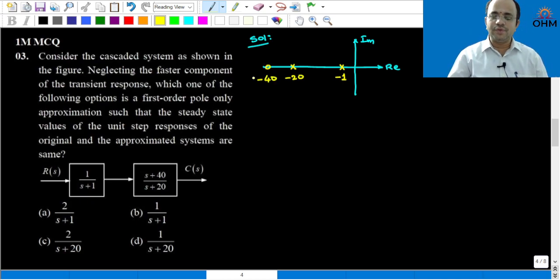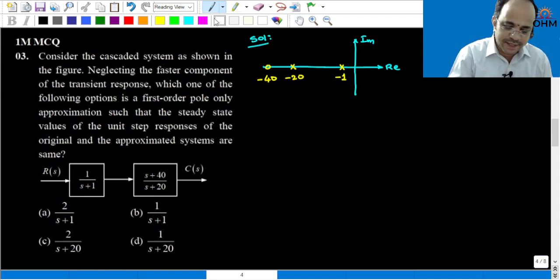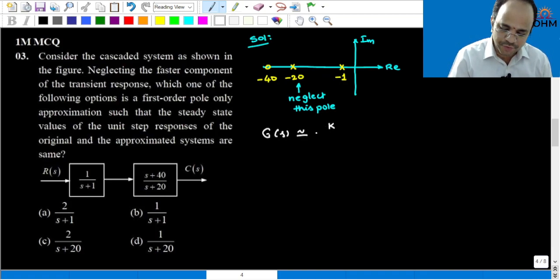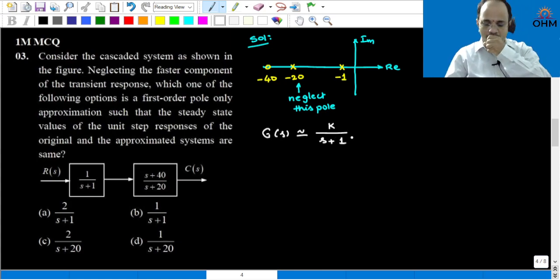This is the pole-zero diagram. Now in this case, a pole that is much deeper into the left-hand side of the S plane, neglect this pole. Okay, this is the concept of dominance, neglect this pole. Therefore the overall transfer function